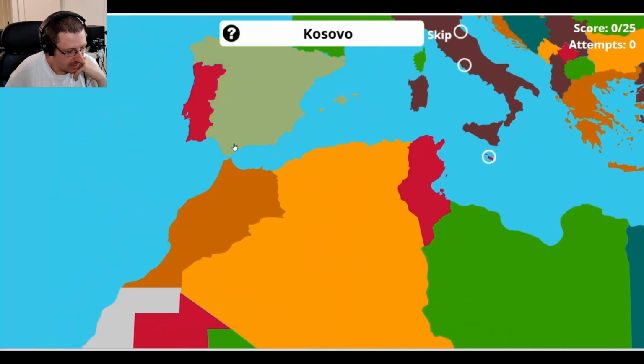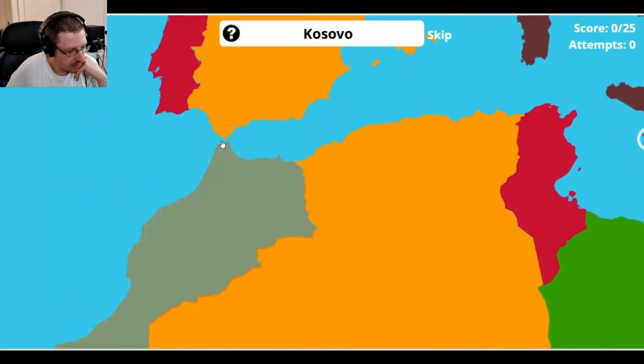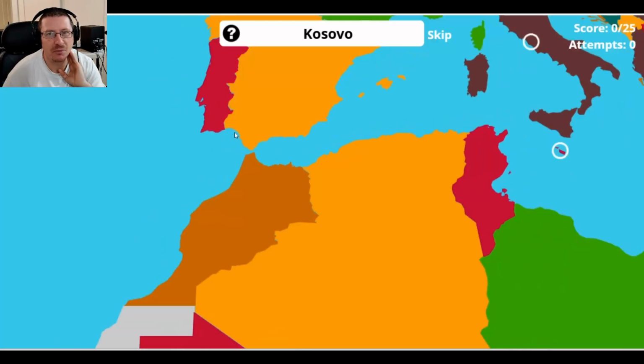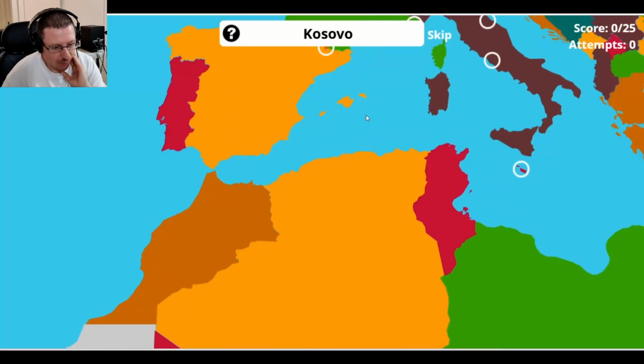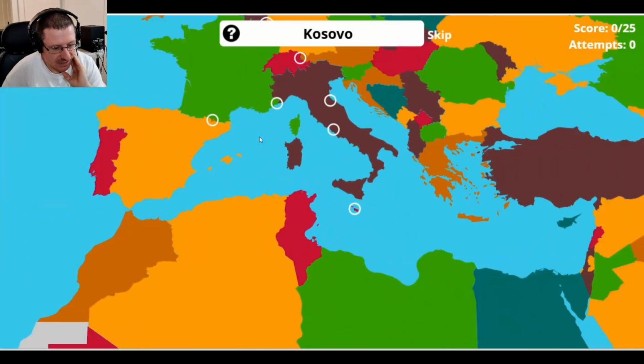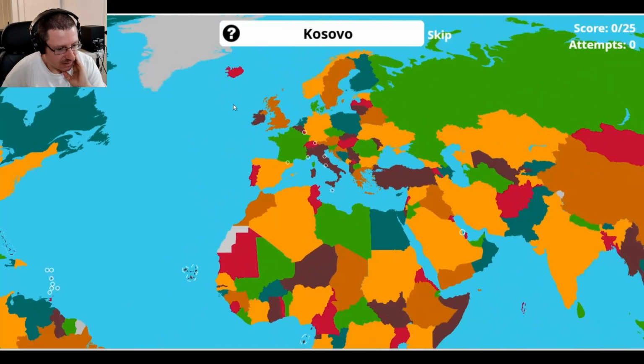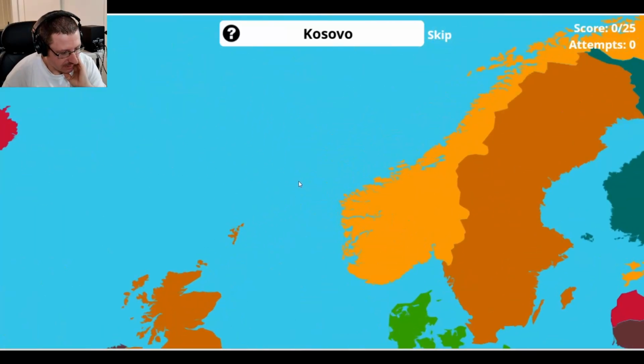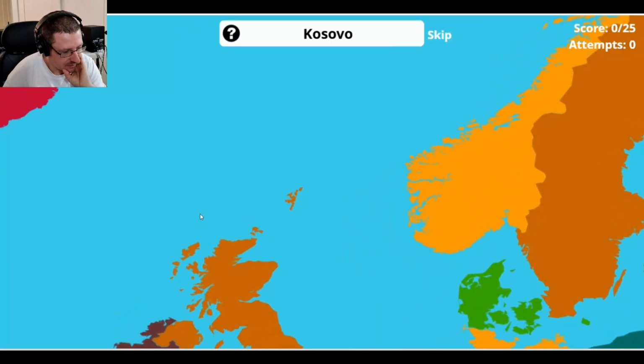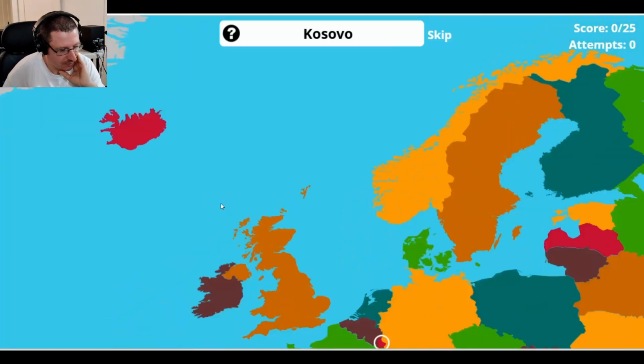Gibraltar is located right here. Gibraltar is around here. And that's where Yoko Ono and John Lennon got married, because I think there was some problem with getting a green card to the United Kingdom, so they decided to get married in Gibraltar. Where else was not? Let me see here. Okay, so up here is the Faroe Islands. Right here, there's more sheep than people in the Faroe Islands.